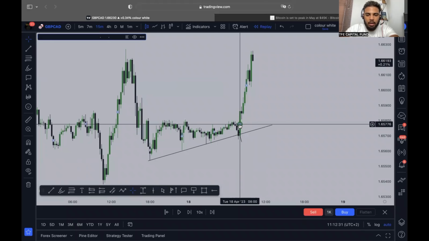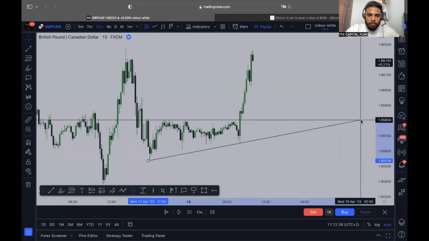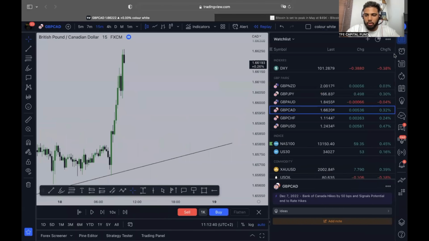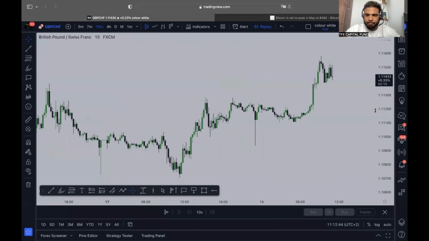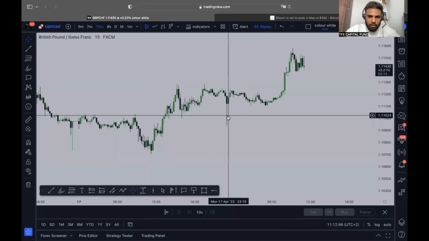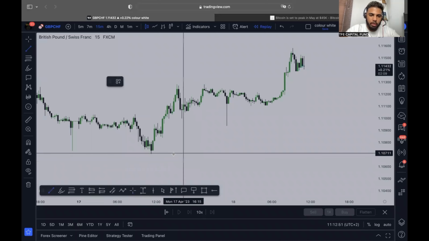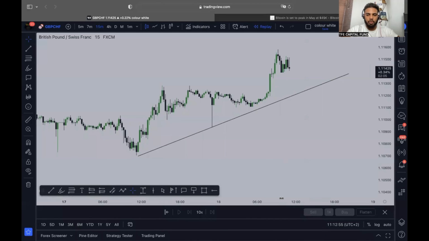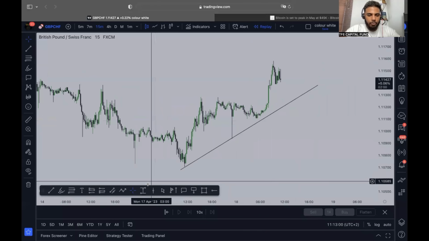The exact same trend line that we throw in right here, we just move it into the future. And there we go. That's your trend. You understand? There's nothing much on there. GBPCAD on this market. What's the date? 17, 18 over here. Trend for the day there. There we go. Bullish.